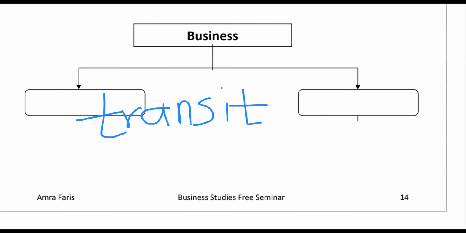The last one is annuity assurance. Annuity assurance is like this. The insurance company is promising you an income that will last for a lifetime. Even after you stop working, you get paid. So that is annuity assurance: the insurance company is promising you an income that lasts you a lifetime. Even after you stop working, you get that income. Simple as that.